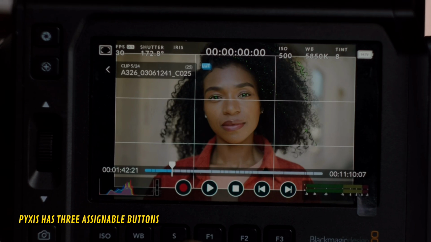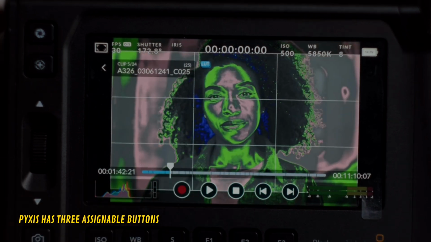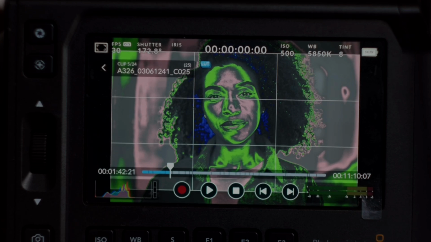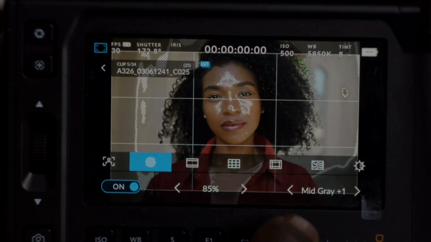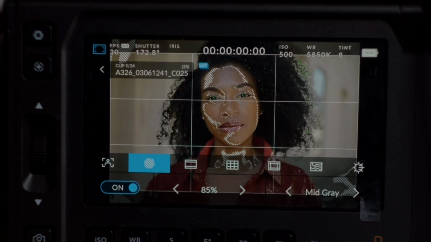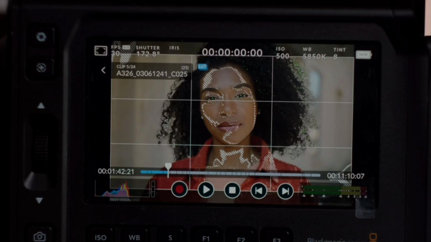But if we put it to false color, a lot of the skin is in the green and pink range. Green being the ideal middle gray color and pink being one stop above middle gray. So let's see how that works and how that's indicated with the zebras. So let's turn false color off. Let's go to zebra and turn it on. So let's set that to middle gray, and there it's showing you what is in fact approximately within the middle